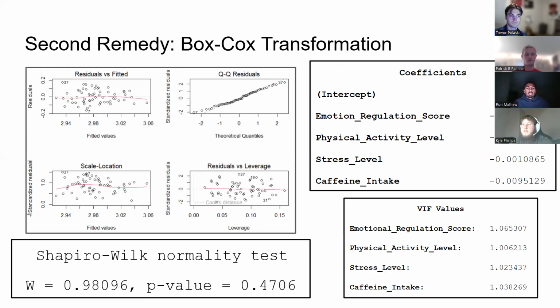The Shapiro-Wilk test now increases to a 0.4706 p-value, indicating that the normality assumption is upheld and it solved the issue. And the coefficients now are reduced significantly, while also dropping the interactions due to them not being significant predictors of NBAC accuracy. A lot of the predictors are now very close to 0. It also solves the issue of multicollinearity as the VIF values are all very close to 1, not being concerning at all.